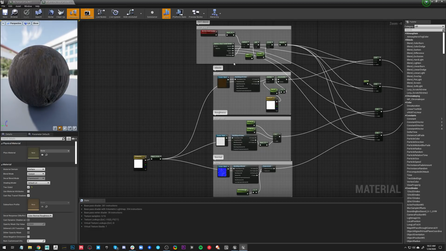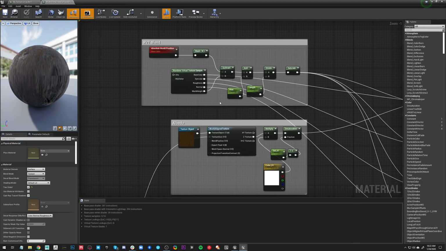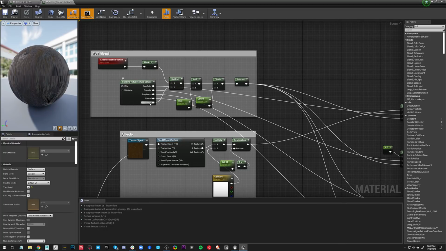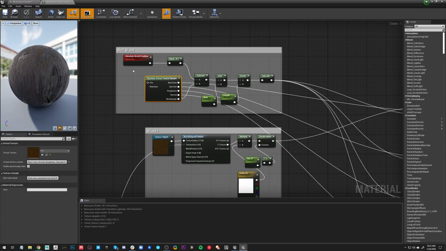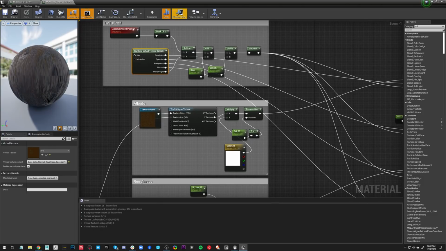So this is where we can get a little bit more fancy, a bit more custom with our stuff, because all we have to do is add our runtime virtual texture sample here, and then we can plug in our RVT node. And you'll notice there's this little virtual texture content slot here. Basically, you can just choose to only use base color, which is going to be a lot cheaper. You have all these options here, and you also have world height, which is separated out from this. So if you want to sample the world height, you'd have to bring it in separately.